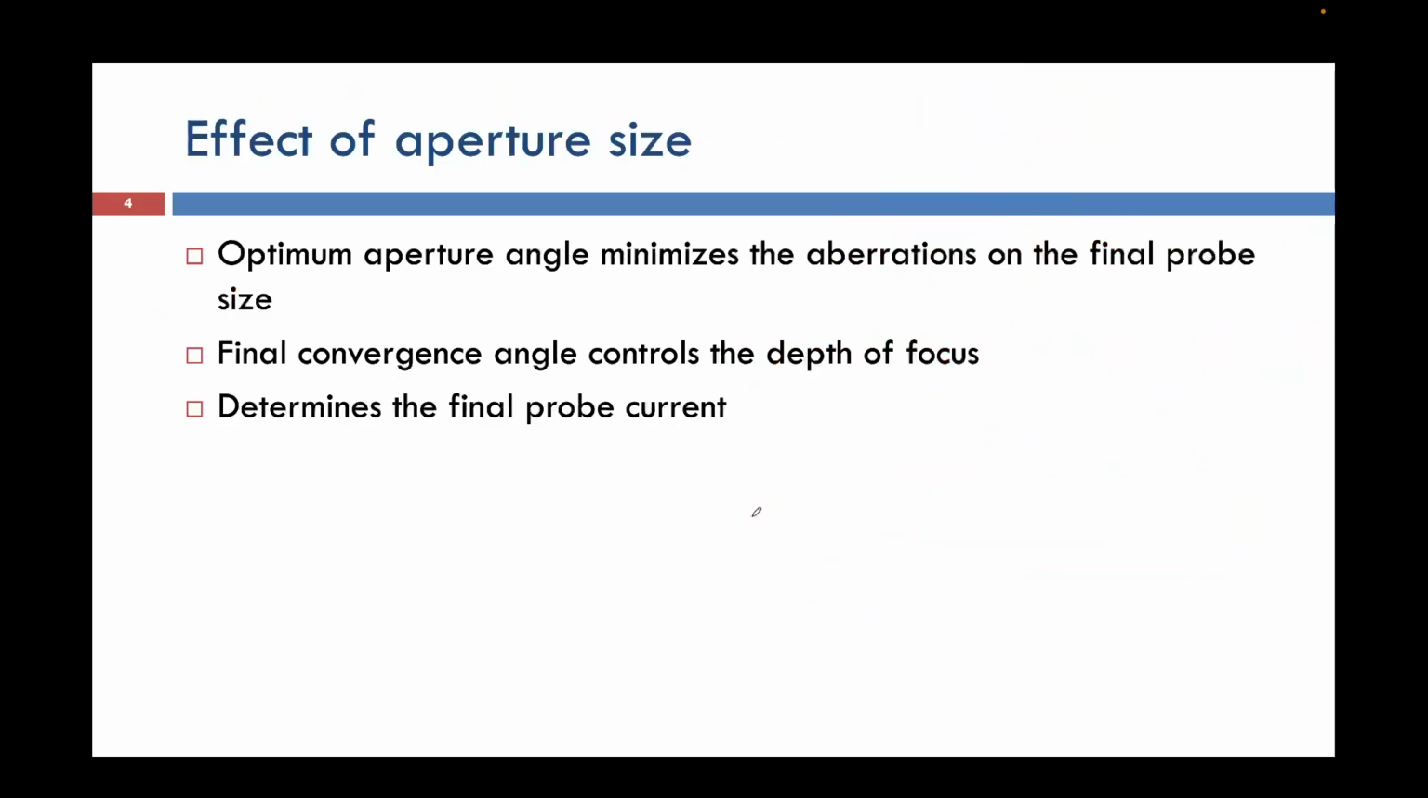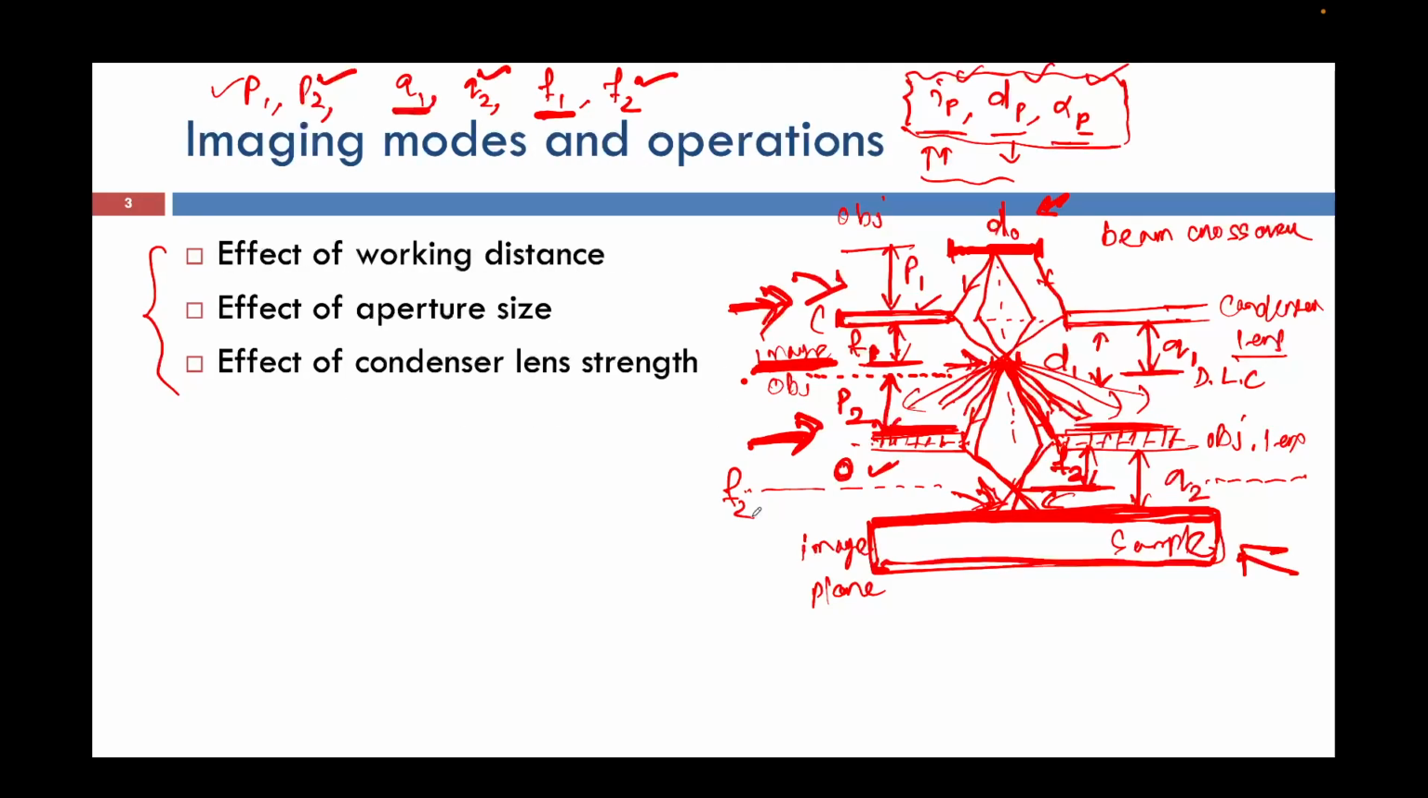So we will see the effect of aperture size. Why do we want to see the effect of aperture size? Because until and unless we decide what the optimum aperture angle is, we will not be able to minimize the aberration on the final probe size. As I showed here, we want to reduce aberration on the final probe size, like in this region, let's say. So until and unless we decide how much opening we want, let's say this is my aperture now, and subsequently